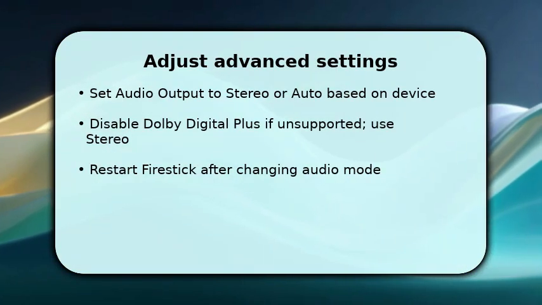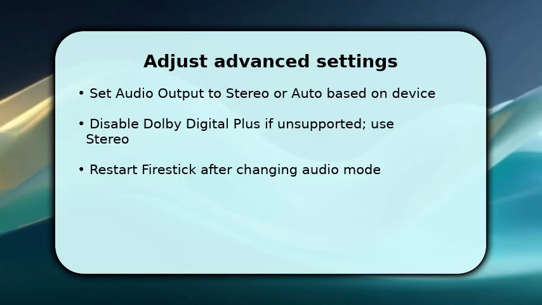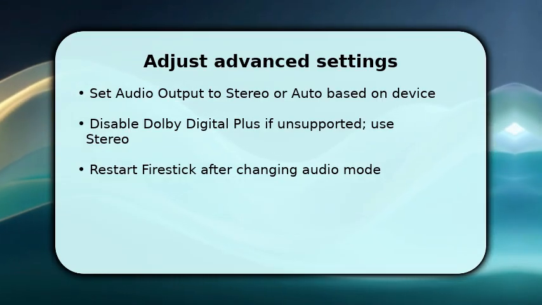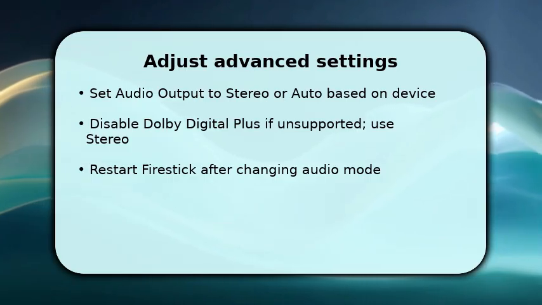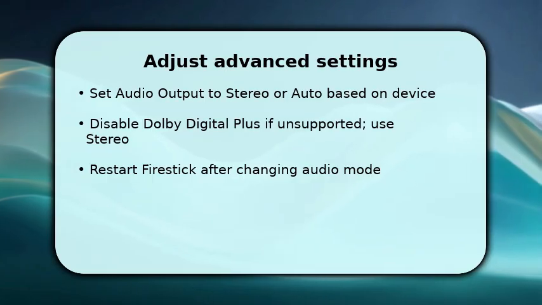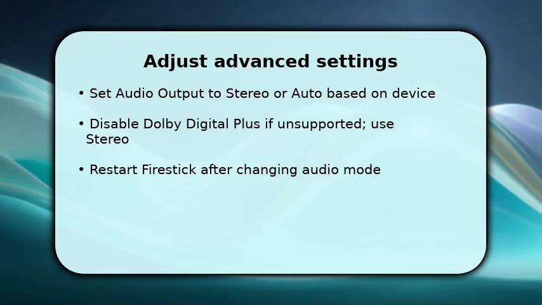Select audio output and try stereo first. This removes format negotiation problems. If your TV or receiver doesn't support Dolby Digital Plus, disable it. This prevents dropouts. Next, change the HDMI setting between 720p and 1080p or toggle CEC on/off to reset device